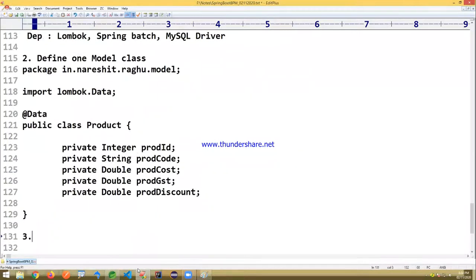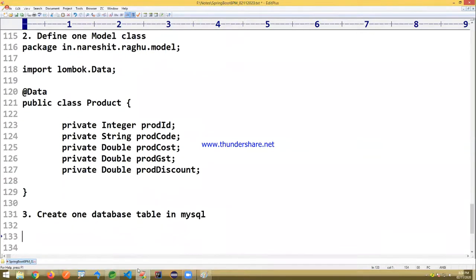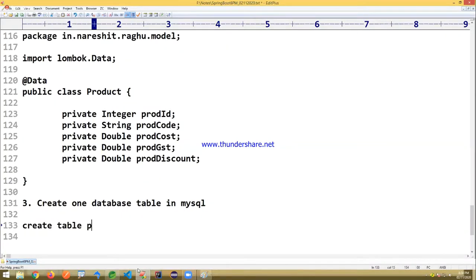For this model class, create one database table in MySQL. I'm creating a database table. Create table product.